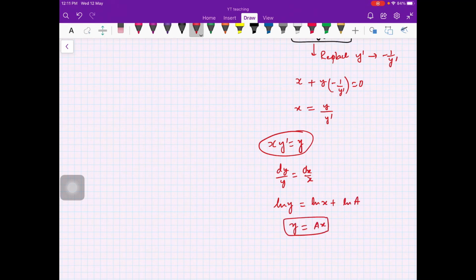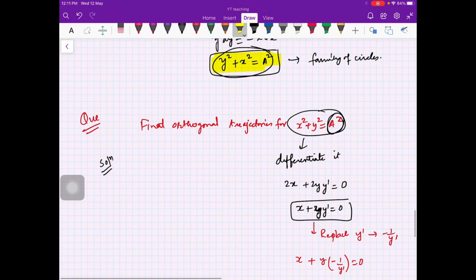So you see, kx, you can write k here, a is already there. So this is the family of straight lines. Now you understand. So this algorithm is how you can get the orthogonal family of curves for a given family of curves. Right, now I would like you to draw these things. Actually, whenever you visualize something, that stays in your mind forever, right?